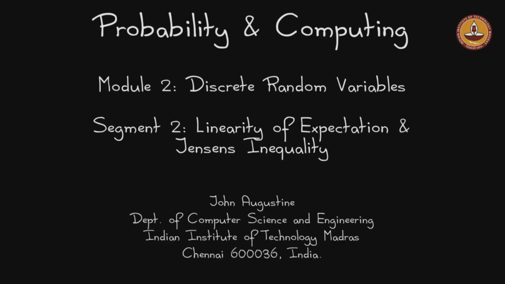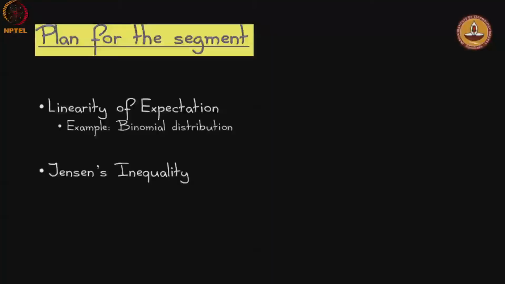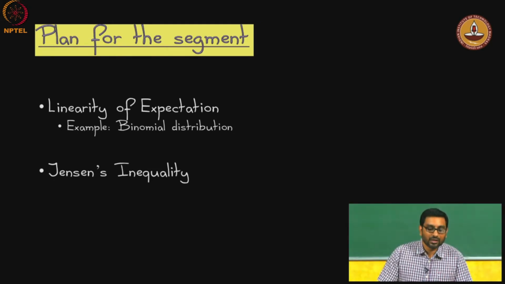Okay, so now we can start the second segment in module 2, where we will be continuing our discussion on random variables, and we will be looking at two important properties of expectation. One is the linearity of expectation, and the other is called Jensen's inequality. Linearity of expectation, we will study it with